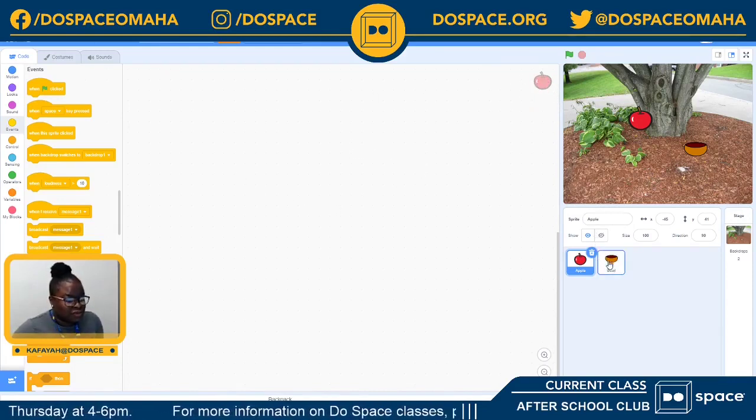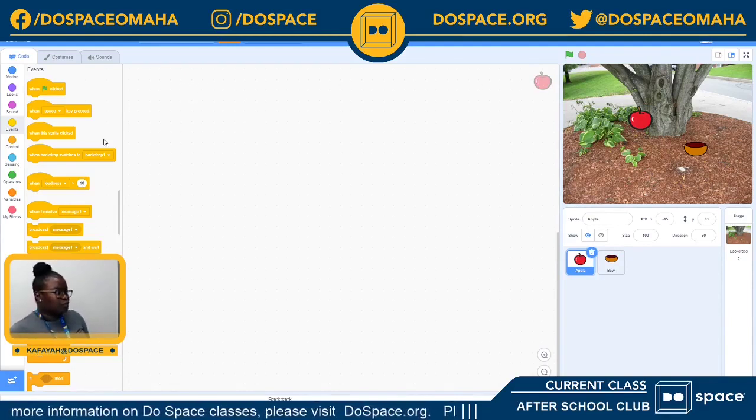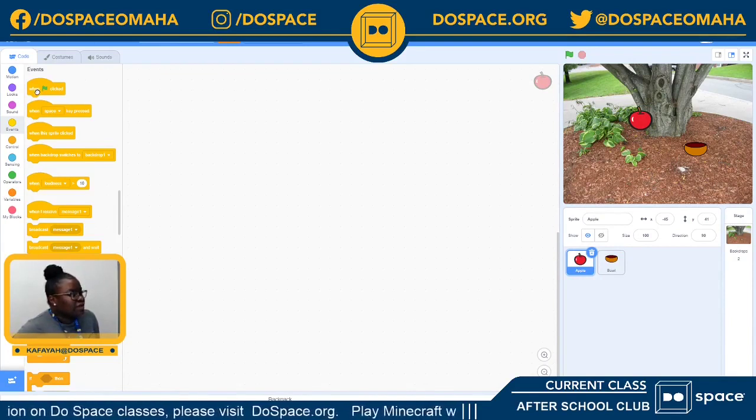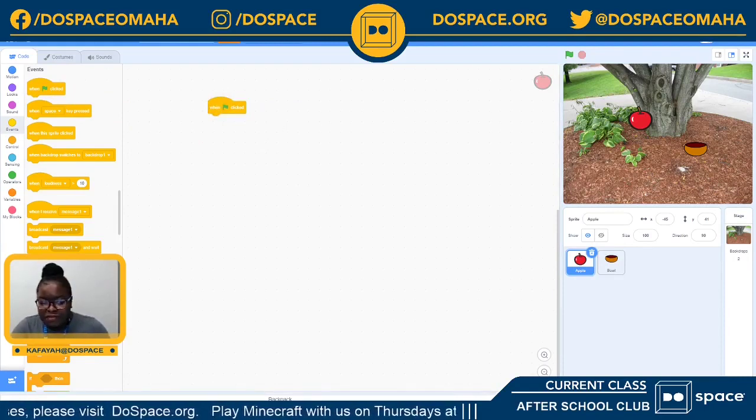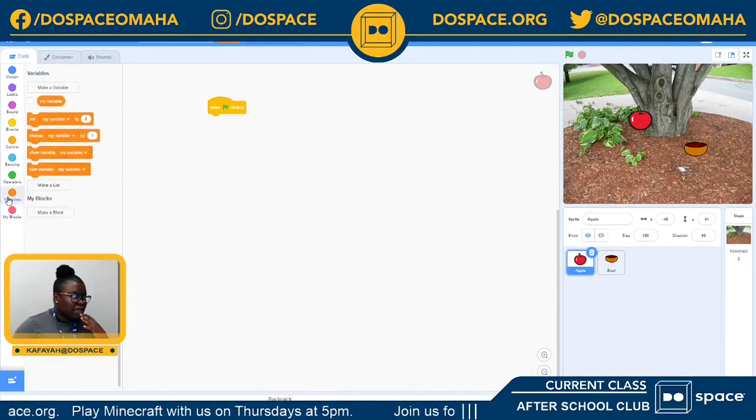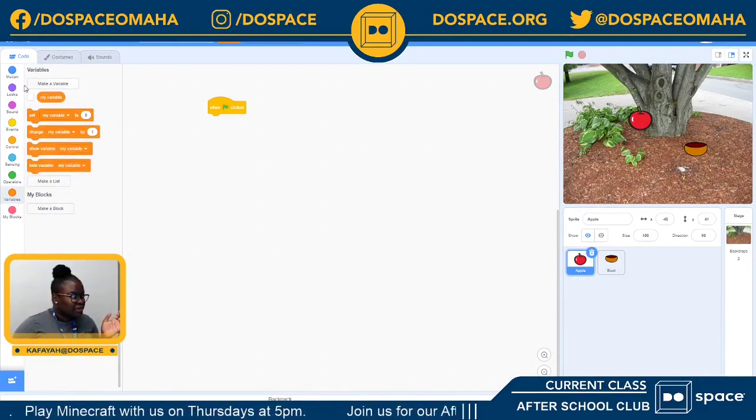So we wanted to see if I change it to my bowl, you can see my bowl is at the top right here, but I want it to work from my apple. So like I said earlier, when the green flag is clicked, we're going to click, drag, and place it right here. So when the green flag is clicked, let's go into naming our variables and declaring it